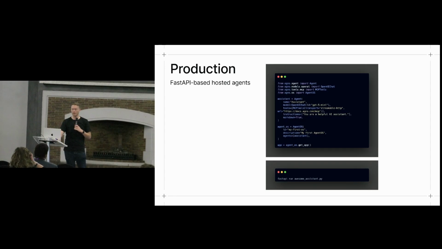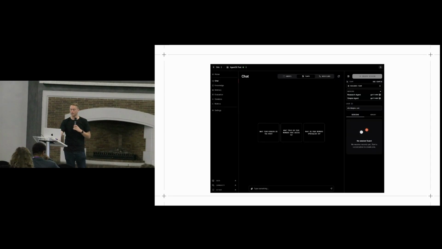This produces a live API, and we have a little UI that you can use to then chat with your agent via this API, manage your session history, evaluate the agent, see running metrics, etc. So I won't go into the details of this, but feel free to come ask me afterwards. It's very useful for playing with agents, for experimenting and testing.